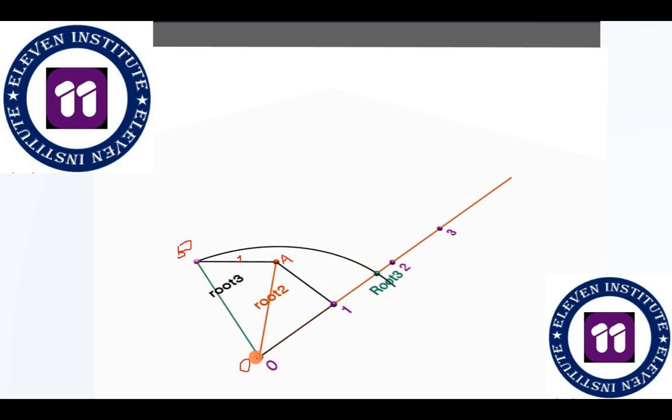Instead of drawing this triangle over here, we can draw this triangle on the number line also, right? The triangle is over here. We can draw this triangle over here on the number line also, because ultimately what matters to us is the length of the hypotenuse should be equal to root 3. So we will see one more method by which we can draw root 3 on the number line. Technically, or according to the text, it is one more method, but according to me both the methods are same, because again you are just constructing this triangle, nothing else. Instead of here, we will construct the triangle on the number line. That's it. That is the only change.